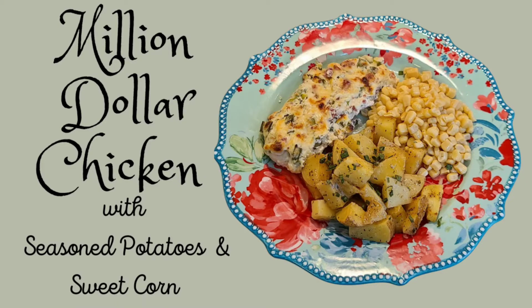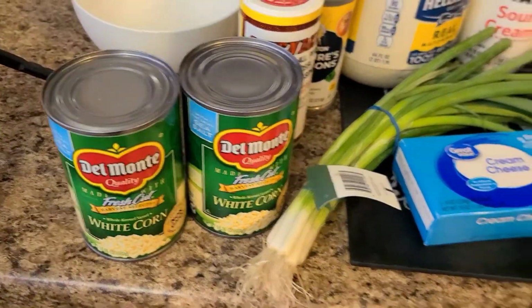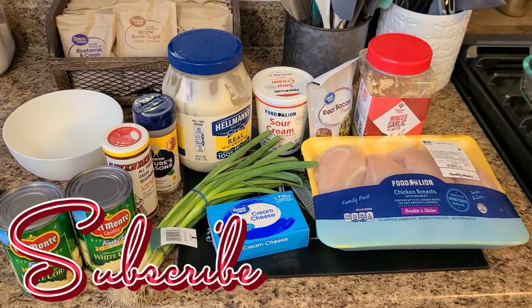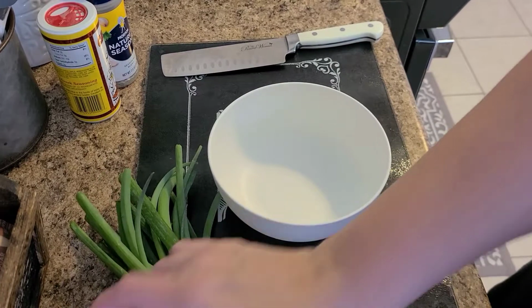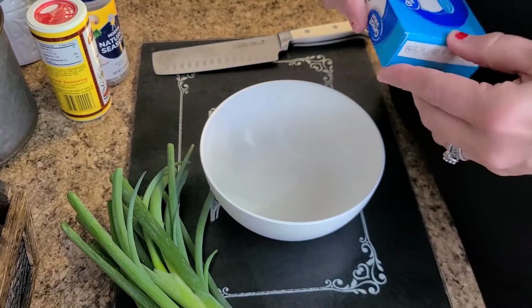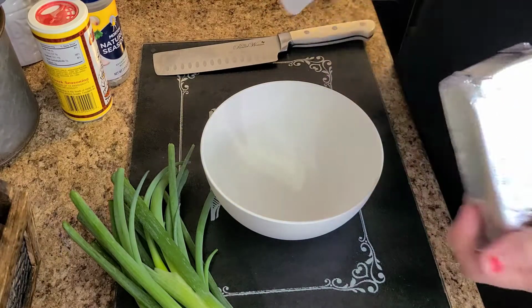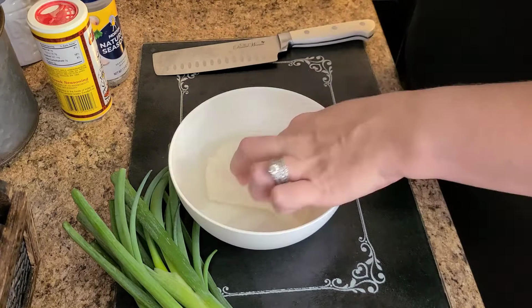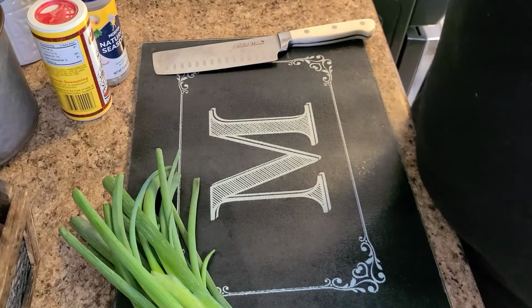Okay, so first up is the $1 Million Chicken, and I made seasoned potatoes and sweet corn for this dinner. So these are the ingredients that you will need, just the basic stuff. A lot of stuff you probably will have in your pantry. So anywho, to start off with, you want to take a block of cream cheese, and I had this sitting out for a little bit, but I did go ahead and stick it in the microwave so it would be easier to mix. So you take your block of cream cheese, the whole block, heat it up a little bit